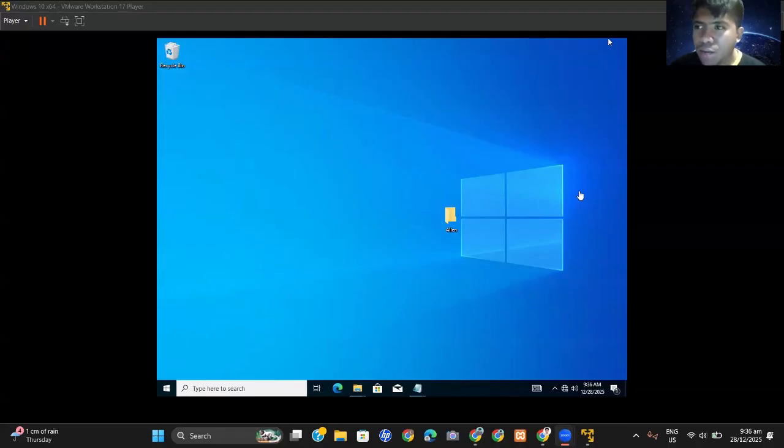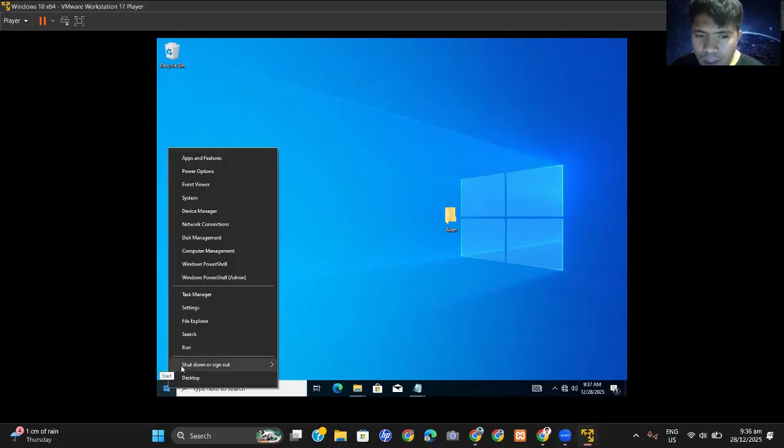So now let's go back to the client PC. Here in the client PC, we need to first connect the newly added printer. We can do it by clicking the Windows icon and typing run.